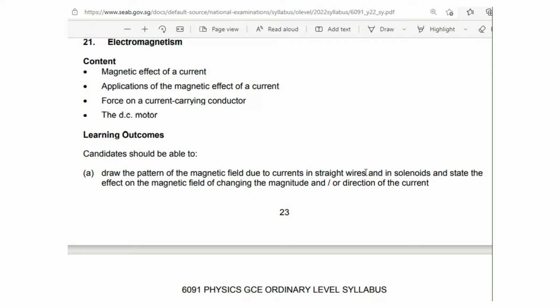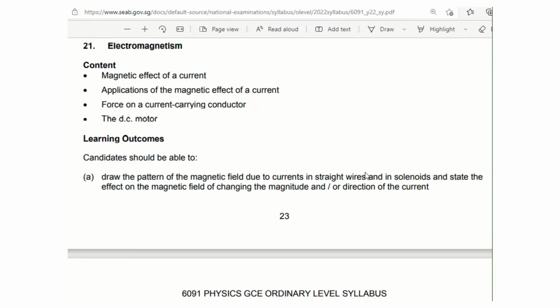So in short, what you need to know is that if there is a current flowing through a wire, there will be magnetic fields generated around it. You need to be able to draw the pattern of the magnetic field generated. For your syllabus, basically you need to be able to draw the magnetic field lines through a straight wire as well as through a solenoid. So if it's a straight wire,